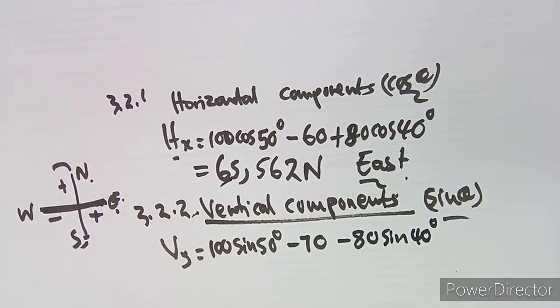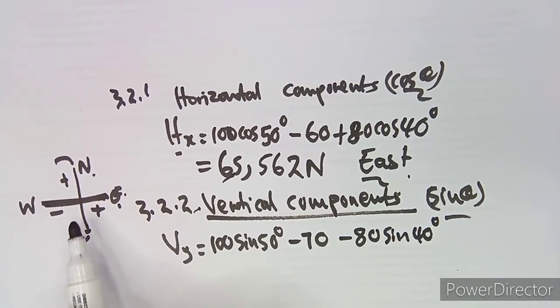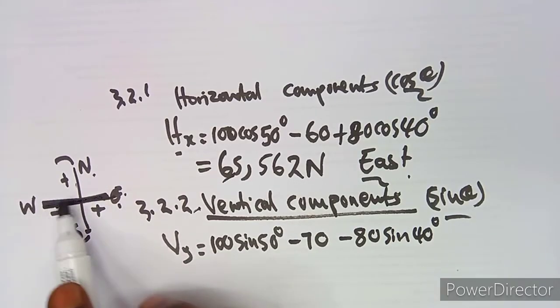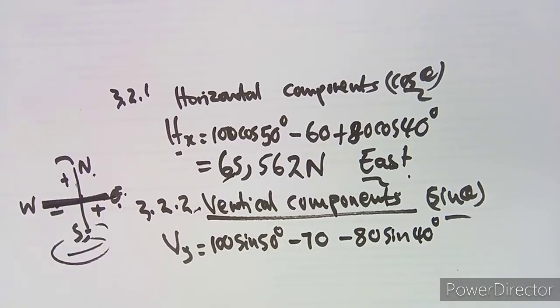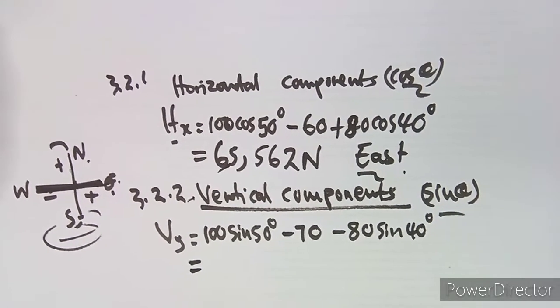So take note, guys, how you take the region that you are in. On this side here, for the vertical components, as long as it's below this line, it's negative. As long as it's above this line, it's positive for vertical. Okay, so you're going to combine these. Make sure that you combine this properly